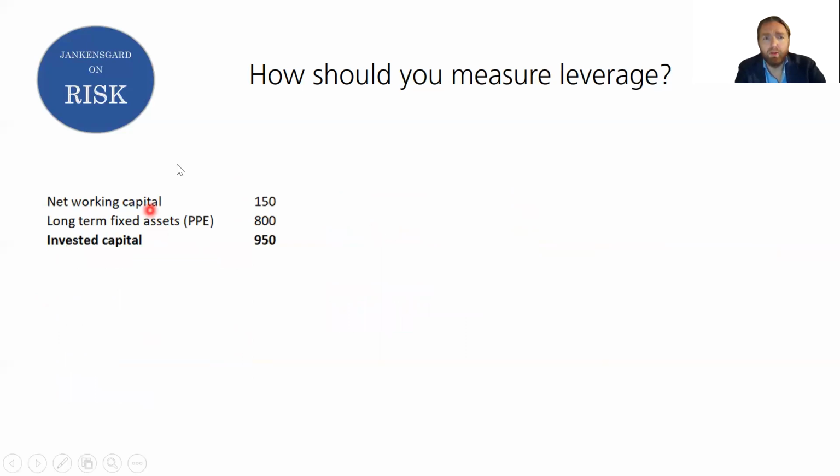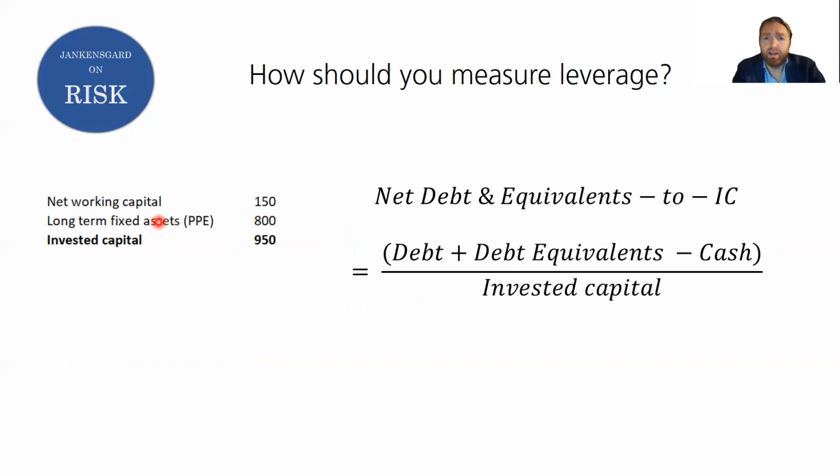So we have what we might consider an improved measure of the denominator in the leverage formula. We put that together with what we argued previously is a more informative measure of the numerator. So denominator invested capital and numerator net debt and equivalents to IC. So we do two things here. We consider the debt equivalents because those are like debt and they are in a real sense adding to risk. So we will be interested in those. We net cash out because cash is a buffer against risk and could potentially be used to repay loans,